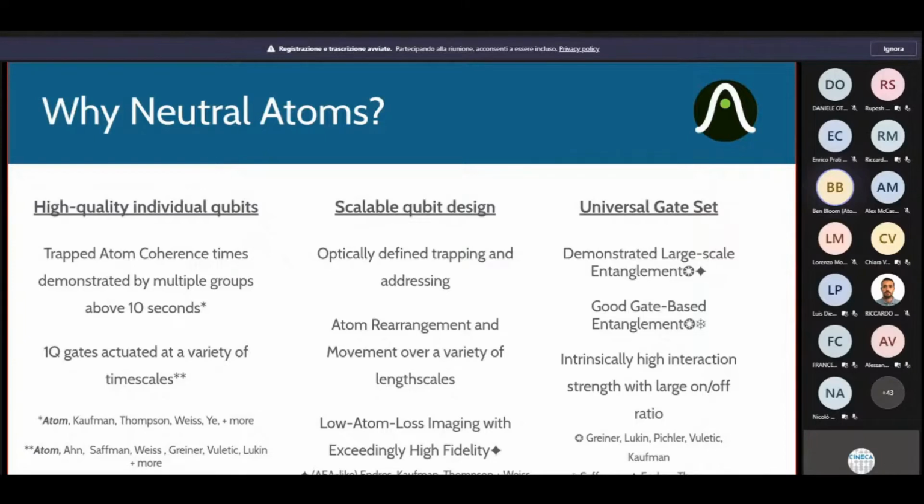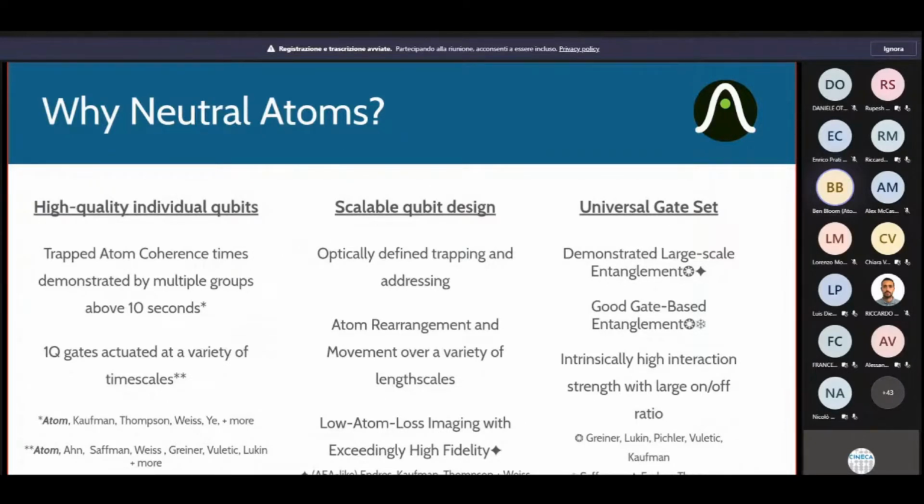The nice thing about neutral atoms by far is, of course, the idea that you optically trap. And if you want more neutral atoms in your quantum computer, you just create more spots of light. There's obviously a lot of engineering that goes into creating more and more spots of light. But at the same time, even if you look at results from academia where people are doing proof of principle experiments, it's very, very easy to trap, as we'll see, hundreds of thousands of atoms. And scaling that up, both the individual control has been a little bit of an academic gold rush in the last few years for papers.